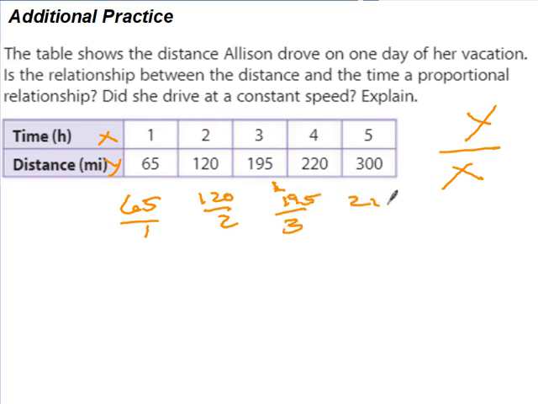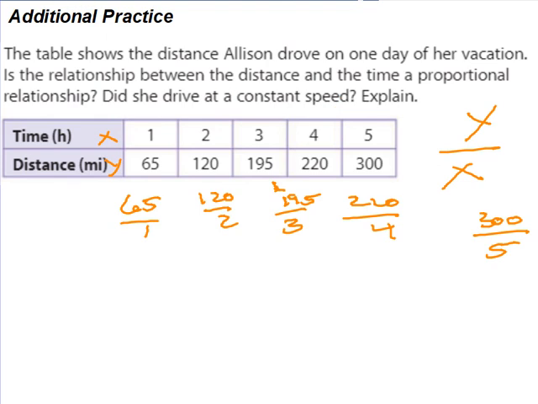I have 220 divided by 4, and then I have 300 divided by 5. I need to see if all of these are equal. If all these are equal, that means she was driving the same amount of distance every hour. If they're not equal, that means she wasn't. She was changing her speed, which means she did not drive at a constant speed, which means it is not